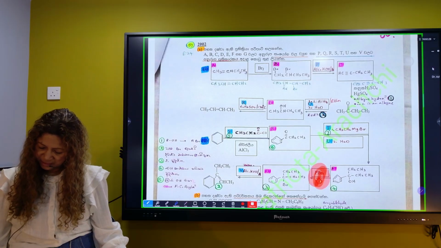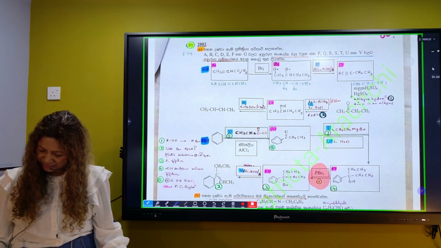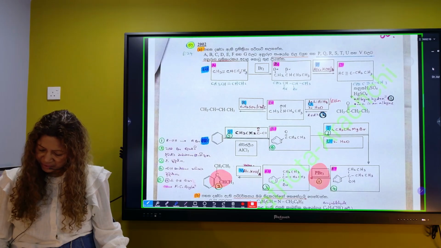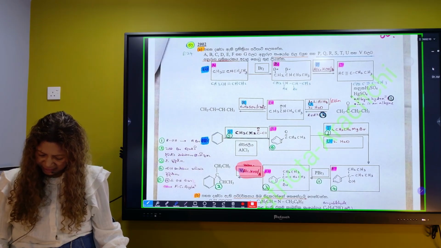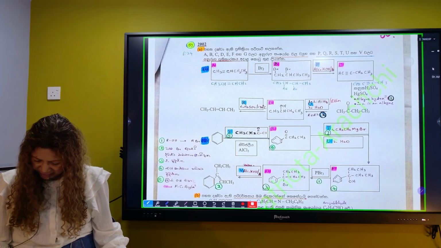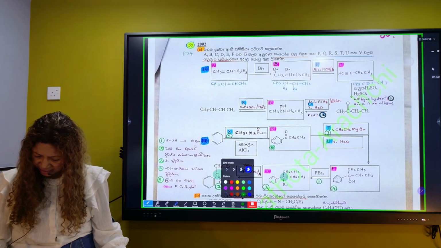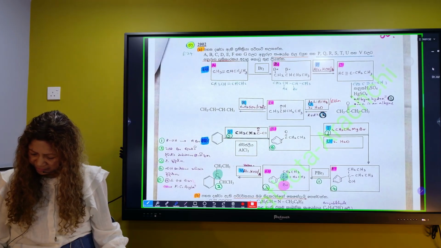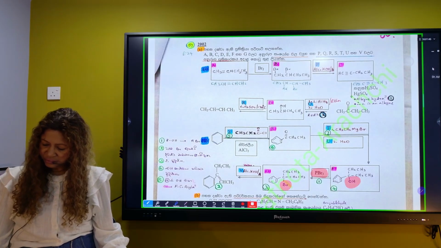We are adding PBr3 to OH, and then after adding PBr3 there is this double bond here. How do you make the double bond? By removal of HBr with alcoholic KOH. So after you add PBr3, hydrogen goes to where hydrogen is high, and the other carbon gets this bromine. So this carbon is supposed to get bromine, so I'm joining bromine here. Understood? And before this bromine, PBr3 is adding to OH. So this is OH. How easy life is then.